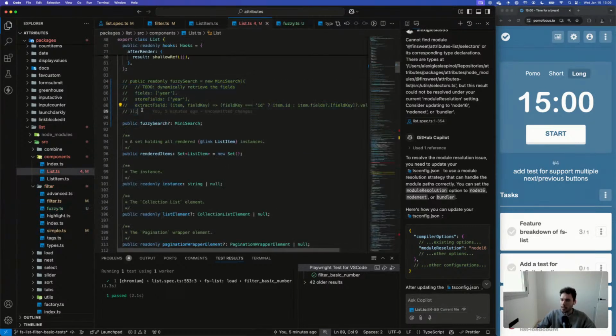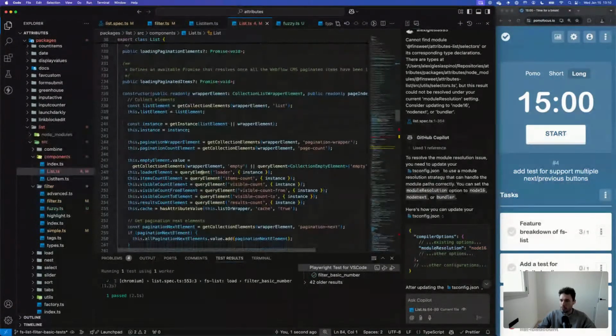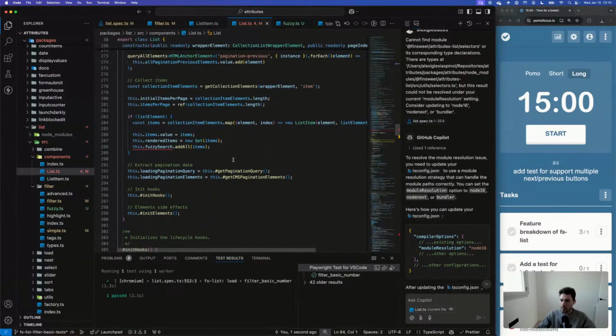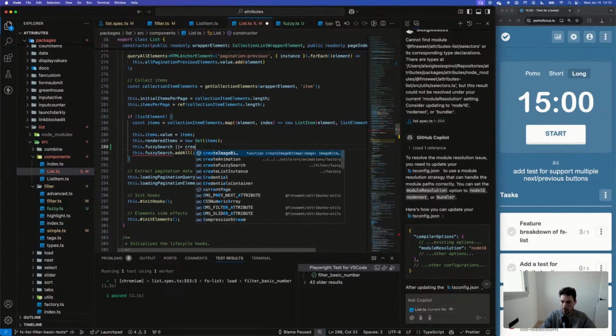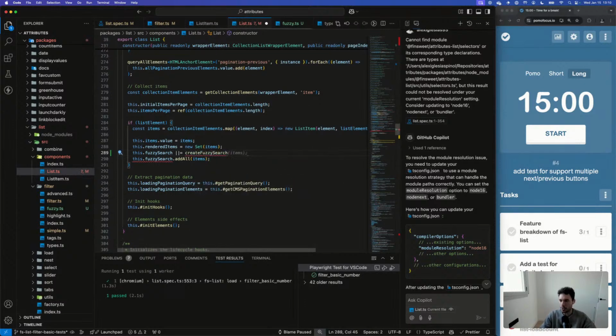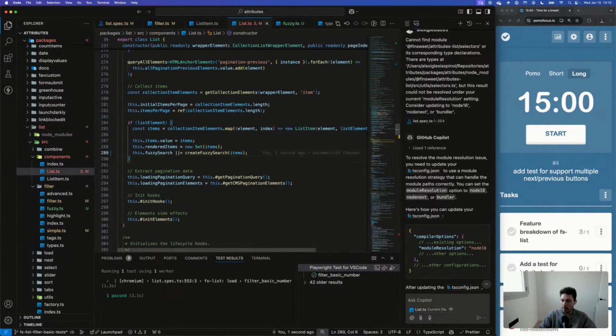And then in here, when we get some items, we can do this.fuzzySearch. If it does not exist, we can do createFuzzySearch, and we can pass the items like that. Oh, hold on, but I don't want to do that because if it exists, I need to pass the items.